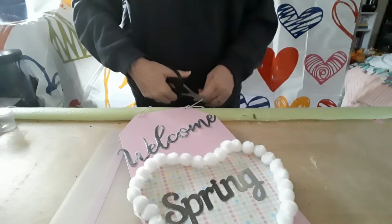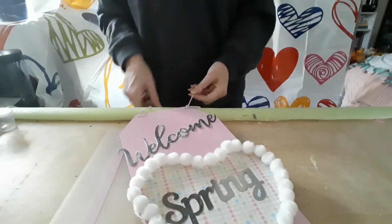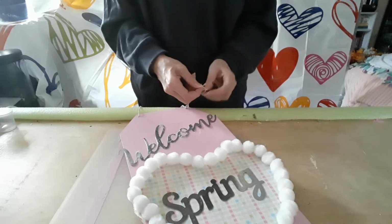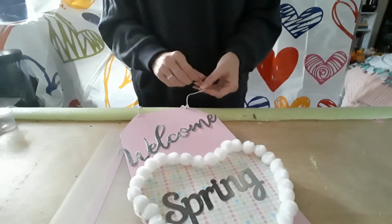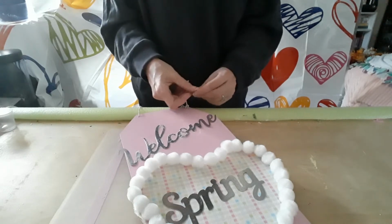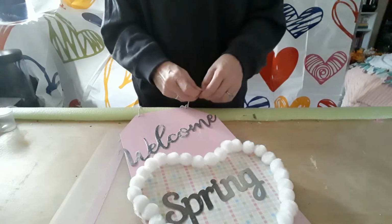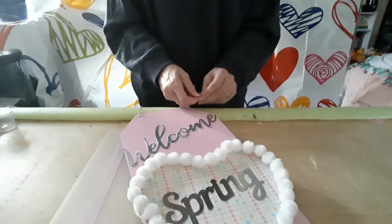And then you're going to cut that off at the length you want it to be. And then you're just going to tie a couple of knots, whatever knot you're most comfortable with. You're going to just glue all that together. And then what you're going to do,